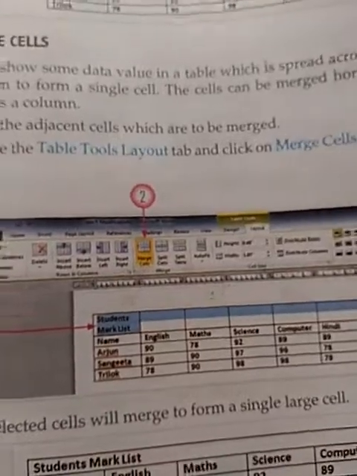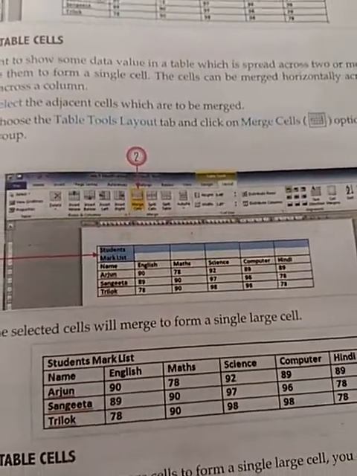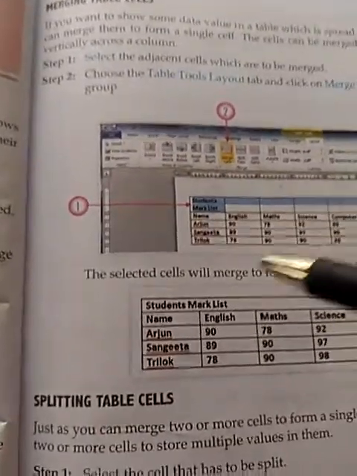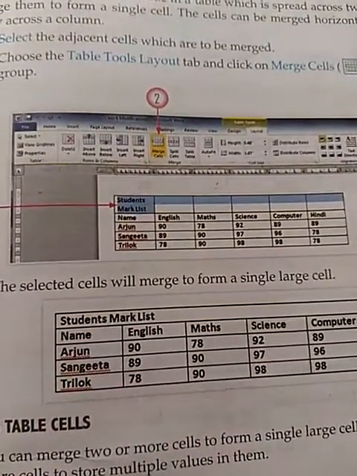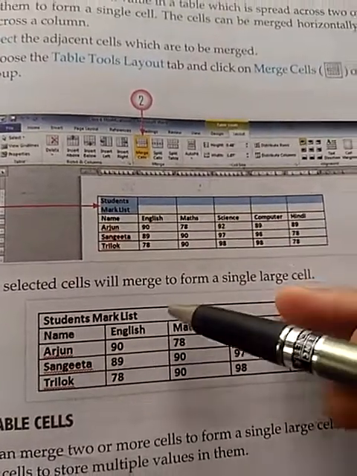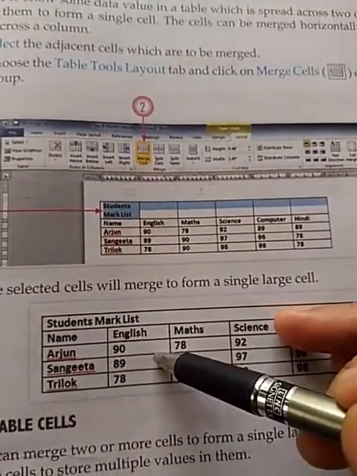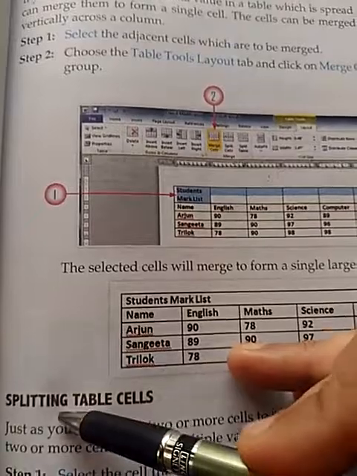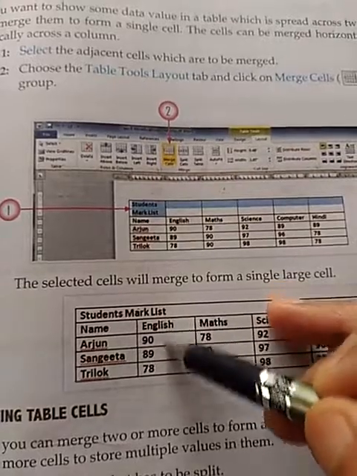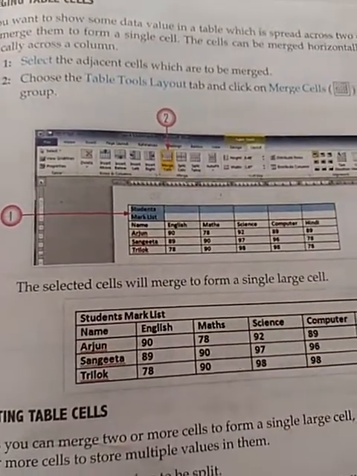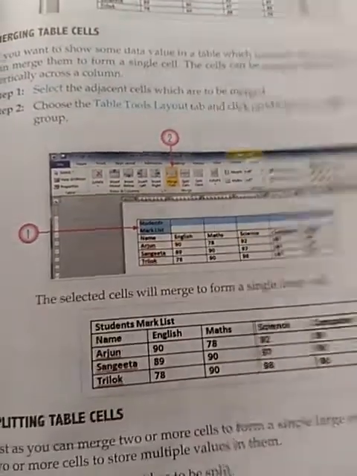So in this way, the merge cell option joins two or more cells to form a large cell. In the same way, there is an option split cell. Merge means join and split means break up. Suppose we want to divide our cell into multiple rows or multiple columns, then this can be done with the help of the split cell option. How can this be possible? First, you need to select the column, or the row, or the cell for which you want to use the split cell option.